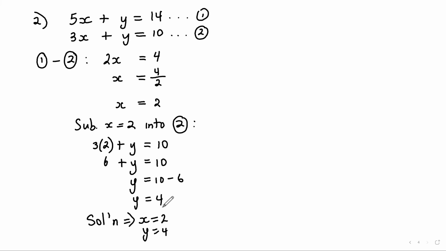And to check that I have the correct answer, I substitute x is equal to 2 and y is equal to 4 back into the original equations to see if it makes sense, right? So let's see. It'll be 5 times x, which is 2, plus y, which is 4. 5 times 2 is 10 plus 4, which is 14. So that works out. And then the second one is 3 times 2, because it's 3 times x, plus y. So 3 times 2 is 6, and 6 plus 4 is 10. So my solution does actually make sense,